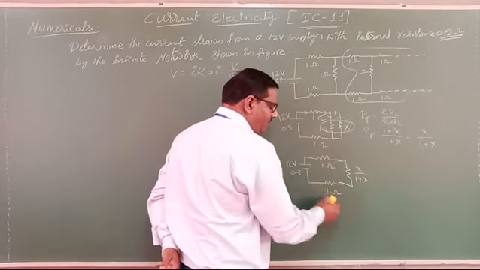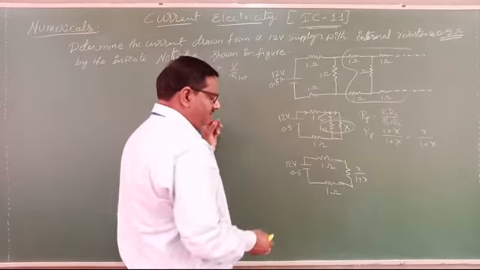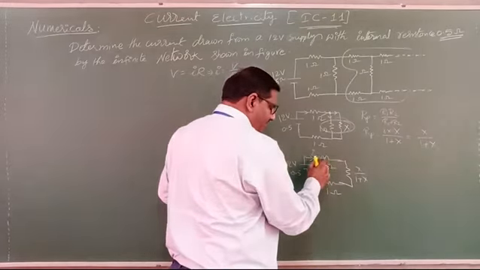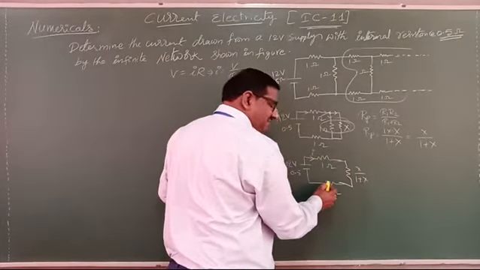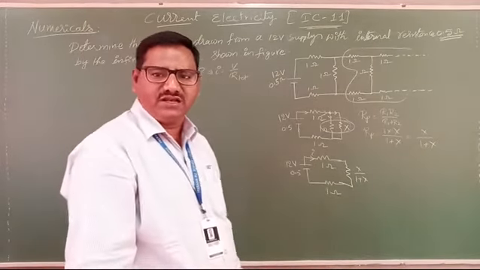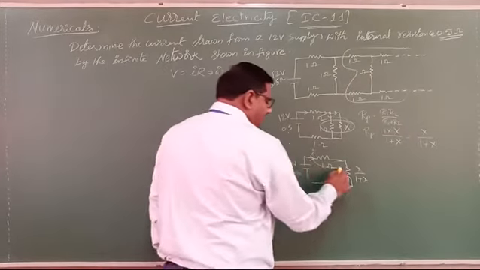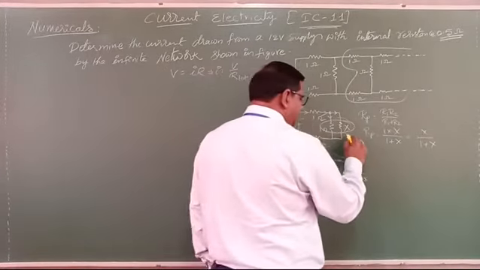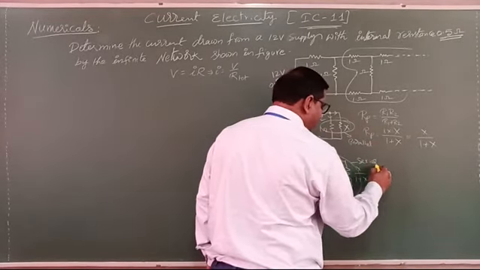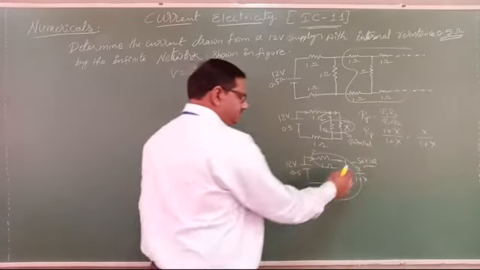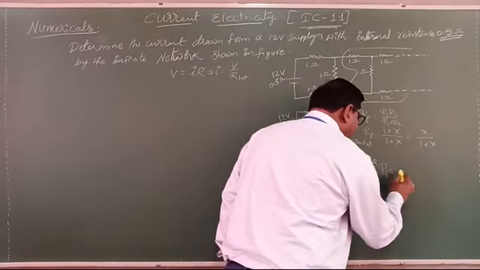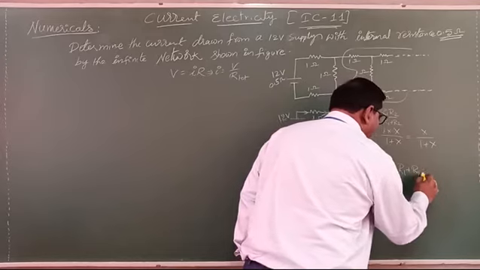Now how can you represent this combination? The current flows from the positive terminal of the battery. The current I will flow here and here and here. That means the current remains the same. Then these three are said to be in series. Previously these were all parallel combination. This is a series combination. Then in series combination, Rs equal to what can you write? R1 plus R2 plus R3.